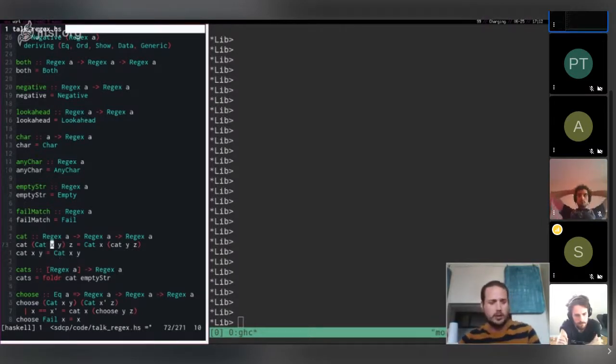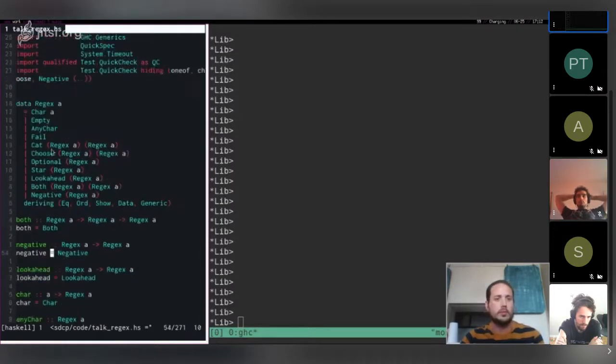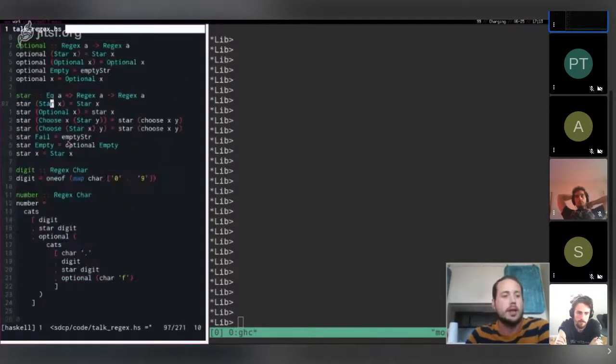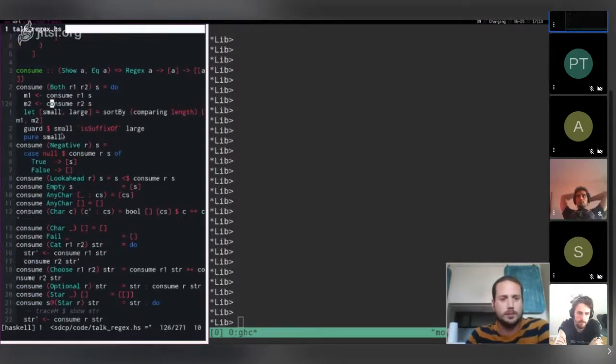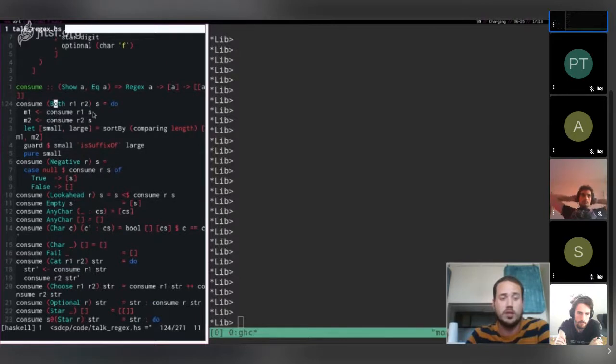I also wrote a little law here that does right association. And so I can actually pattern match on this thing, but that's not particularly interesting. The point really being is that I wrote the dumbest possible implementation, which is purely a sort of syntax tree of the regex I want. And then I wrote a little function that consumes these things. And so what it does is it pattern matches on each of those constructors, and then just calls